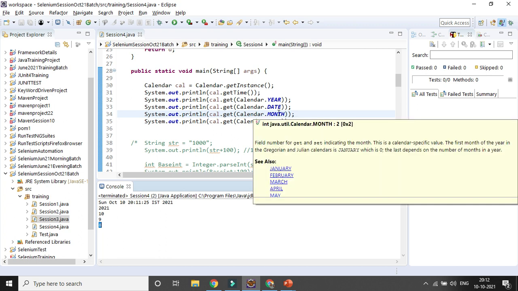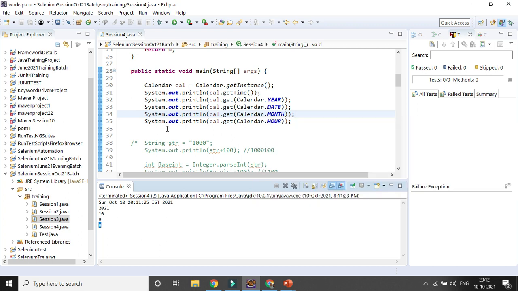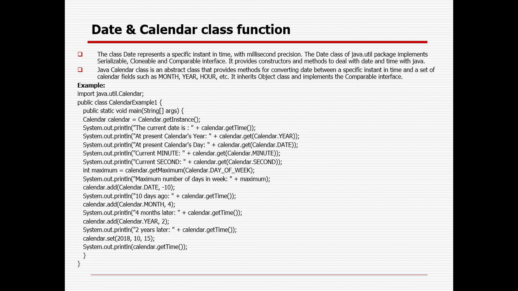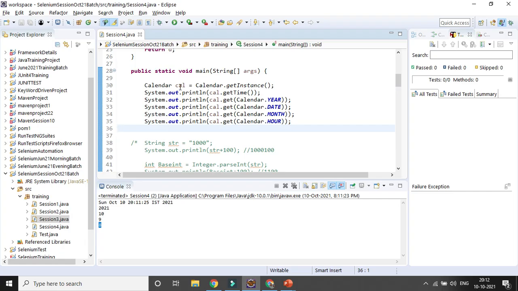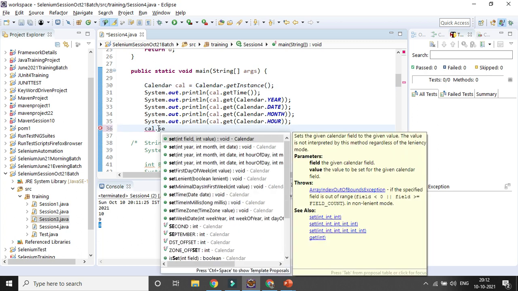Now say if you want to set your calendar to a particular date, how can you set it? Give the calendar variable dot set, and you can see there are a lot of options. First you need to select the year, then month and date.